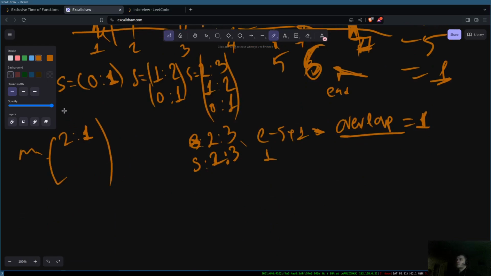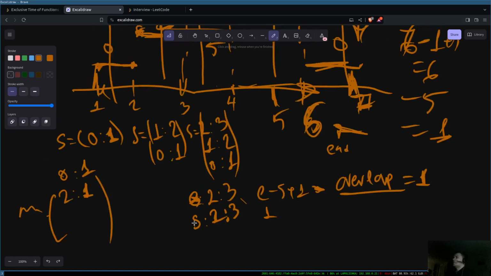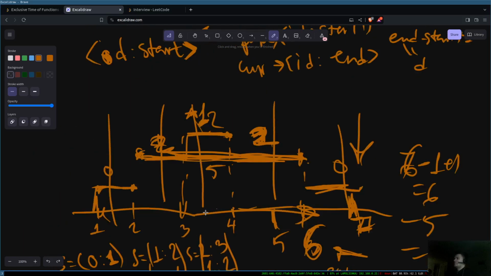So 0 is going to be updated as 1. Because this is exclusive time, we need to have a common variable accumulator, let's call it overlap, and we're going to increment it and always push it down so that any function that's affected